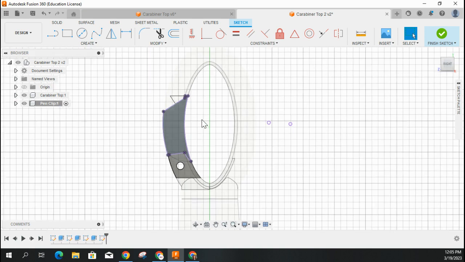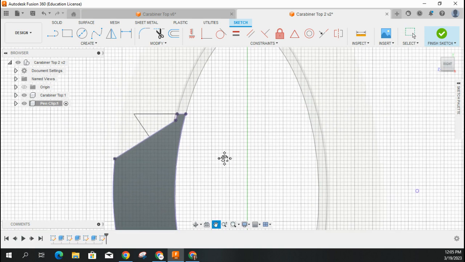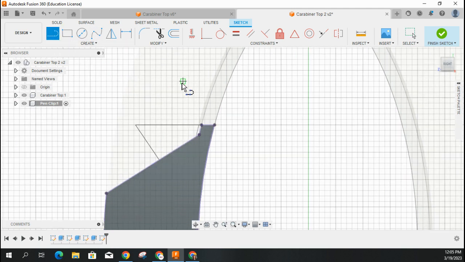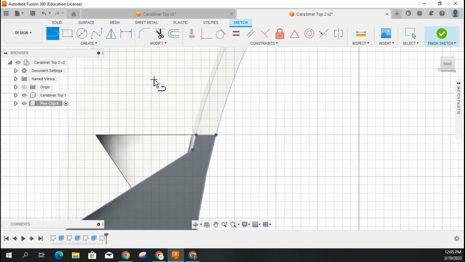I'm going to zoom in here, and I'm going to trace over this triangular region. When I did this the first time, I ran into a couple issues, so I am going to show you how to work around those. The horizontal line is fine. I'm going to click that point there, and I'm going to come past the end. Oh, sorry about that. And then I'm going to create another line,